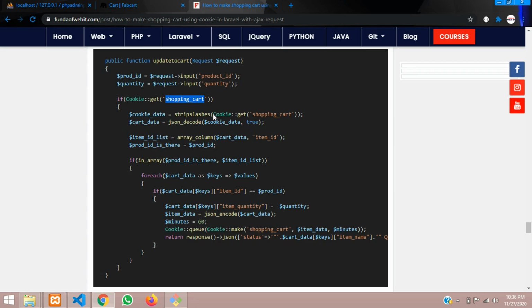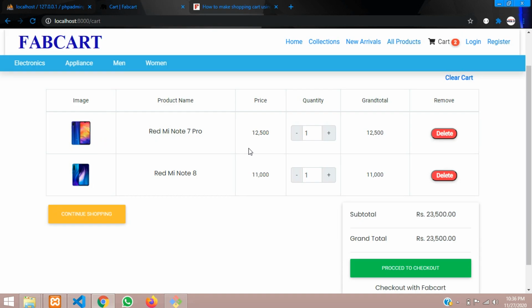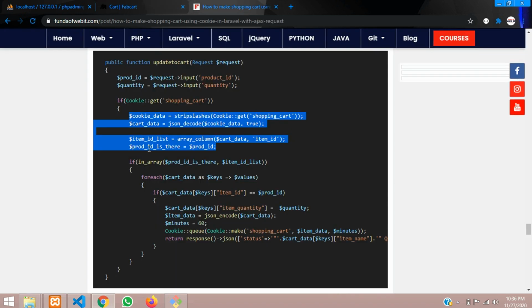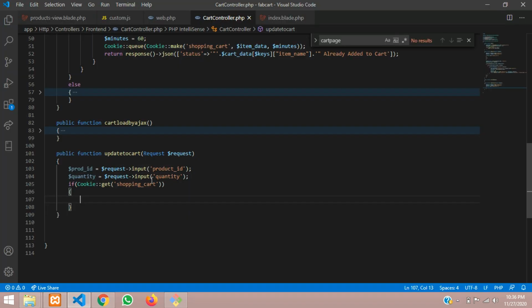So everything is set. Now you can check all the things, if the cookie is set. This cookie will already be inserted because you are going to update the cart which you already have over here, right? To check with it, let's move on and copy this. Let's copy and paste.